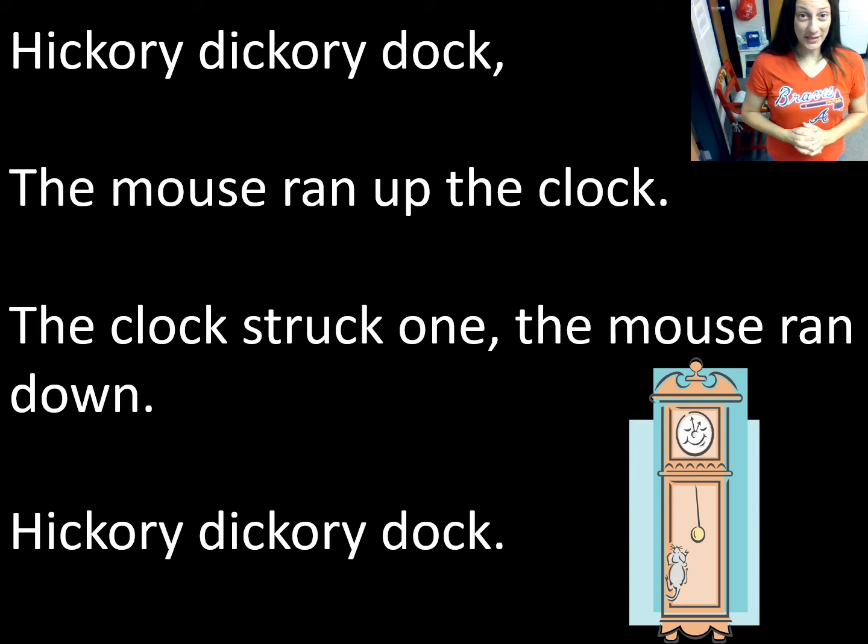Very nice. Can you say the whole thing with me? Here we go. Hickory Dickory Dock. The mouse ran up the clock. The clock struck one, the mouse ran down. Hickory Dickory Dock. Boys and girls, that part that says the clock struck one means the clock's bell rang one